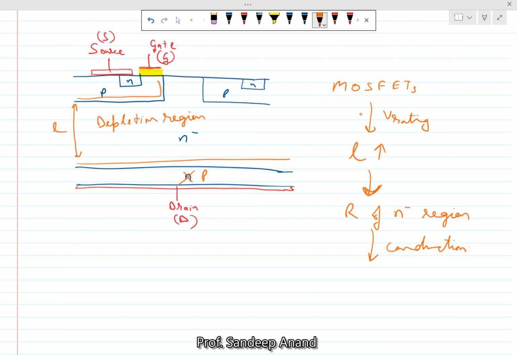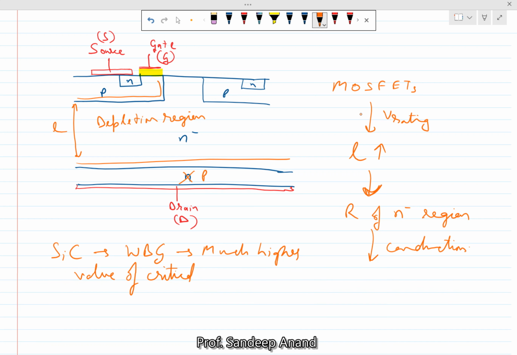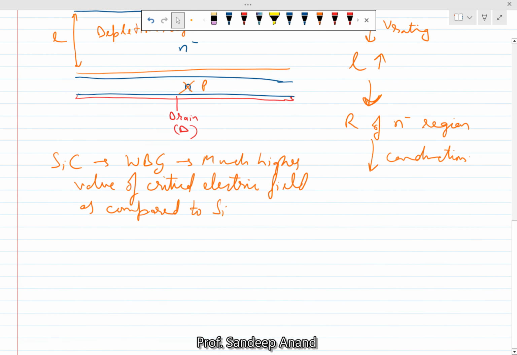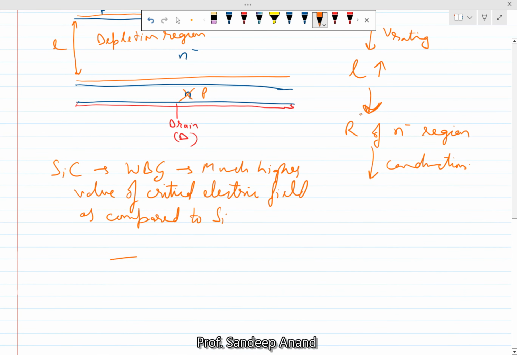Now, how do things change if we talk about silicon carbide? Silicon carbide is a wide band gap device which offers a much higher critical electric field as compared to silicon. In simple words, what it means is if you want to block 1000 volt, then if you